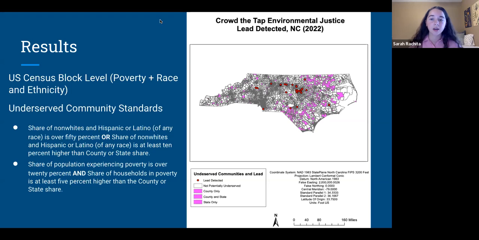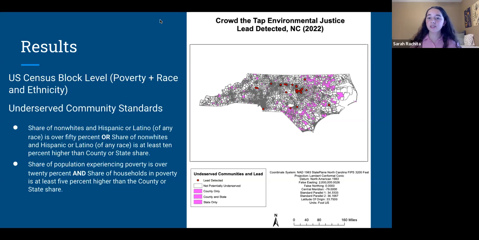these standards here. And so then I went through our current data in North Carolina, and the red dots are where lead was detected in households that identified as people of color. And so you can see, again, that big cluster in the middle is from Wake County. So of course, a lot of our data came from Wake County. So we definitely have some there. But then it's a little bit more sparse throughout.